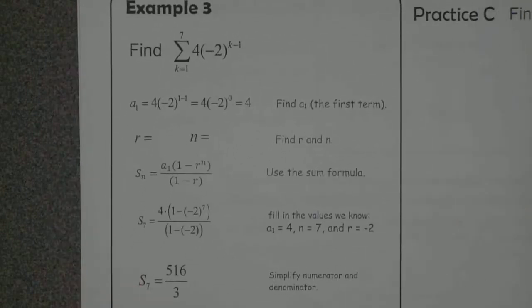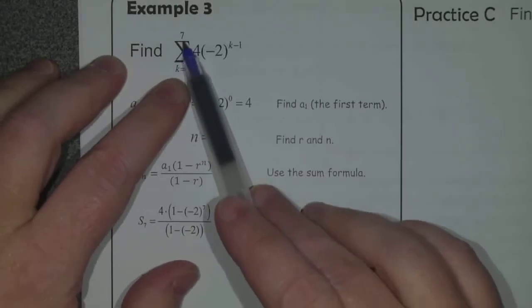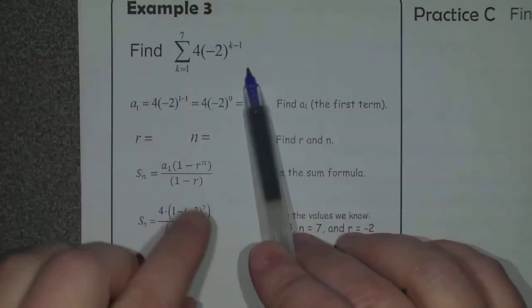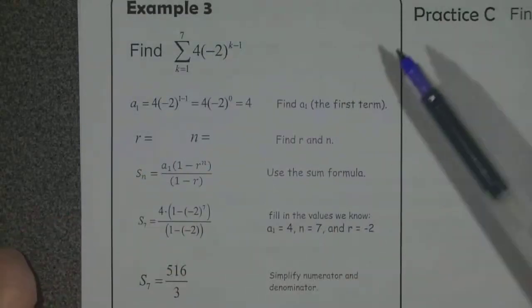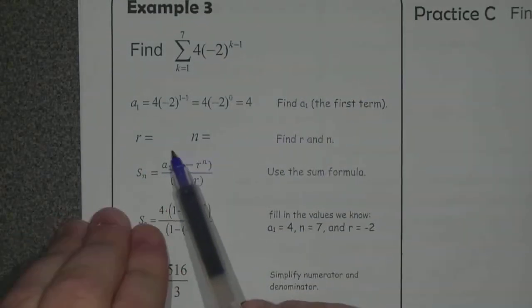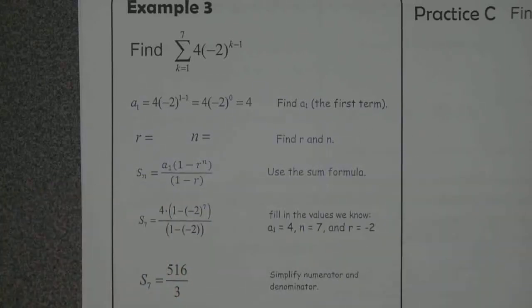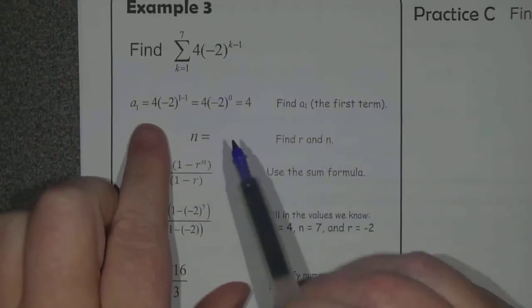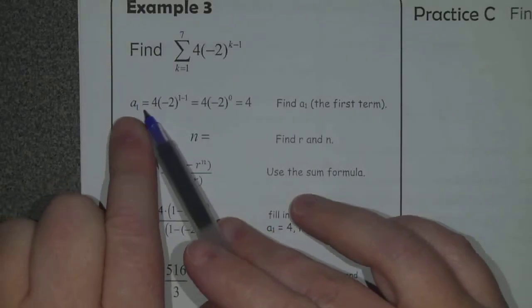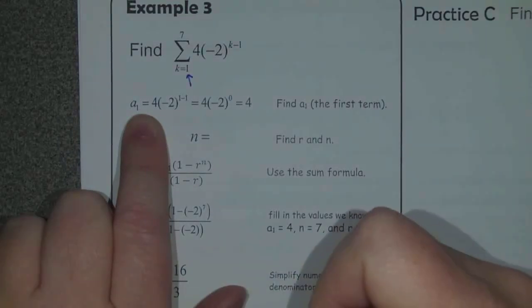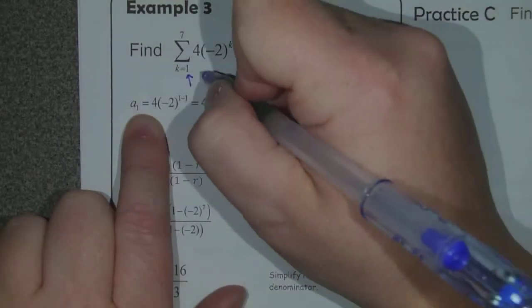So here's what we did here. We're going to find the sum of the first 7 numbers that go into this formula right here. So what we are going to do is use that exact same formula that we've done before, but we're missing some parts to it. The first thing I was missing was my first term. To find my first term, guess what I have to substitute in? 1. So that's where they